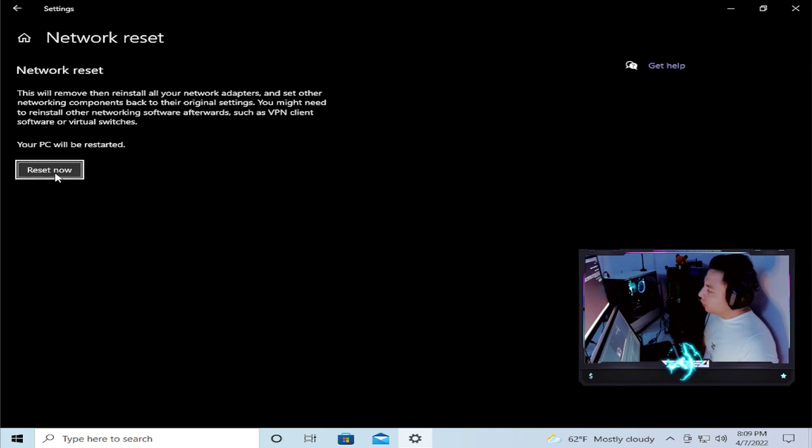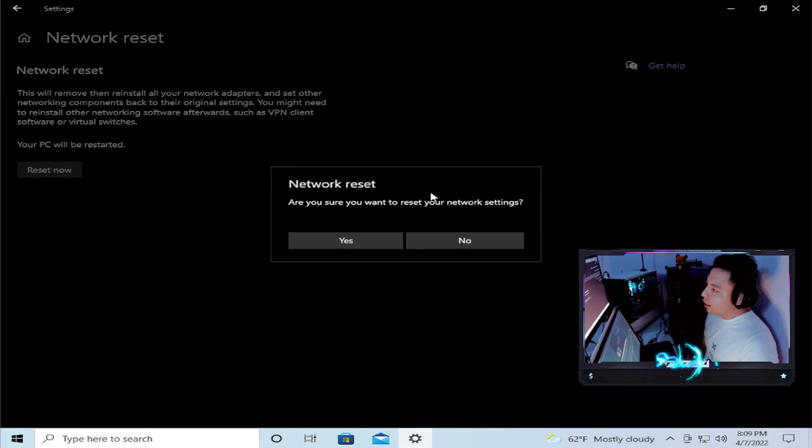Select this button, reset now. Your PC will be restarted. One click and confirm in this new pop-up window. Are you sure you want to reset your network settings? Click on yes